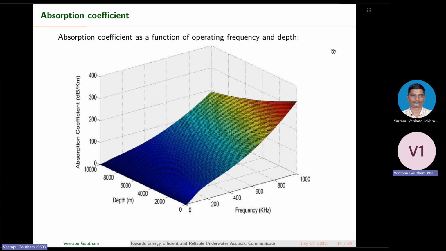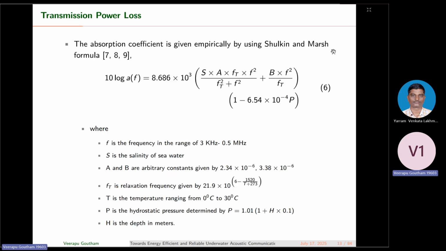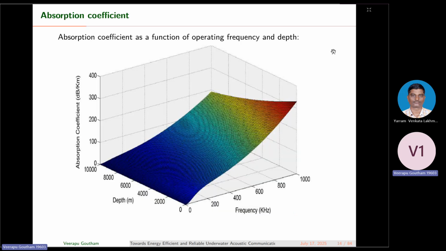Similarly, when coming to the depth, for lower depths, high absorption is there. This is coming because of the hydrostatic pressure. If the hydrostatic pressure is increasing, the absorption loss changes accordingly. Due to that, for lower depths, we are getting higher transmission loss. The path loss available in lower depths is more. And when coming to the frequency side, higher frequencies are absorbed very much in underwater.